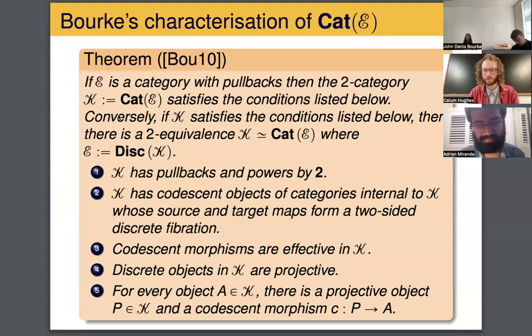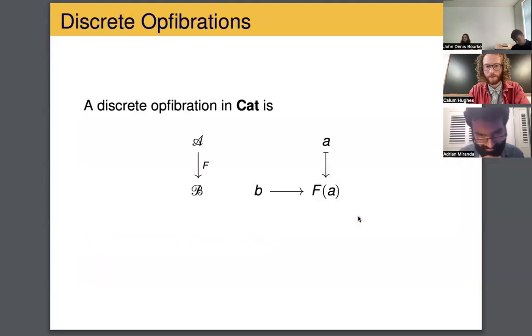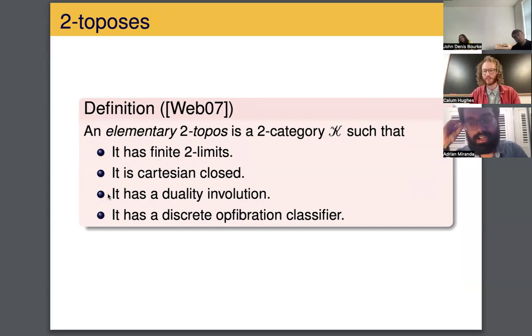Okay. And is the duality involution condition, what do you think of that condition as part of the definition of a topos? Honestly I'm not sure I understand its place in there, but it's something that Schulman and Weber both say should be in there. I don't know if... Adrian?